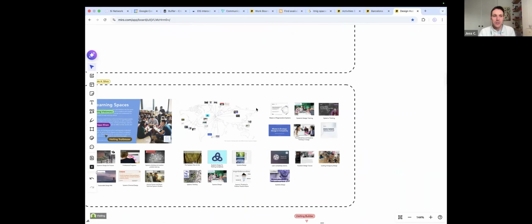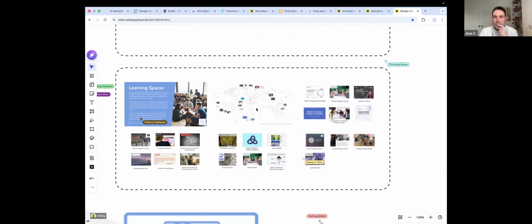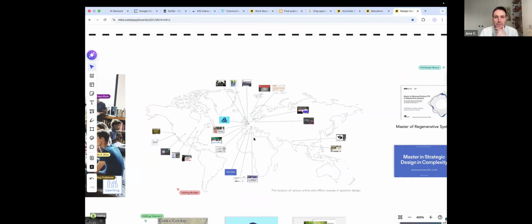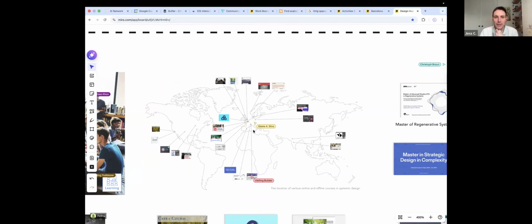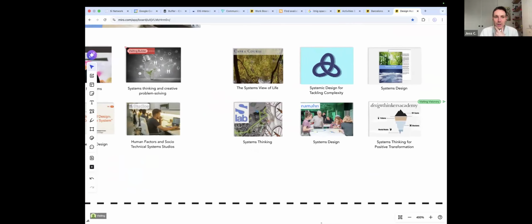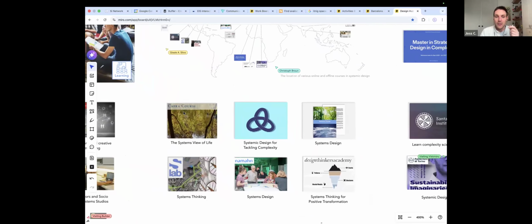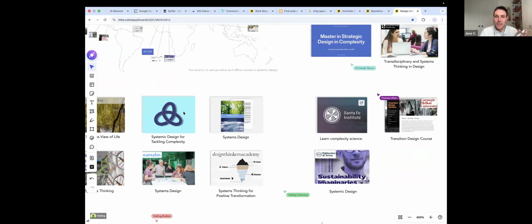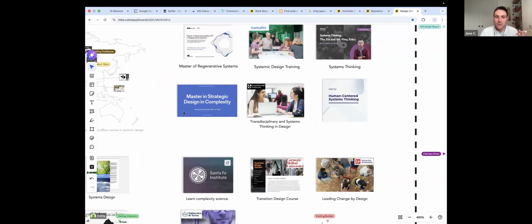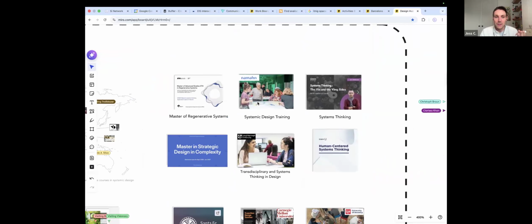Here is looking at learning spaces, both online and offline. We laid them out geographically. A lot of them in Europe, and we lay those out. Also, School of Architecture is one place. National Institute of Design in India. Some resources from Santa Fe Institute.